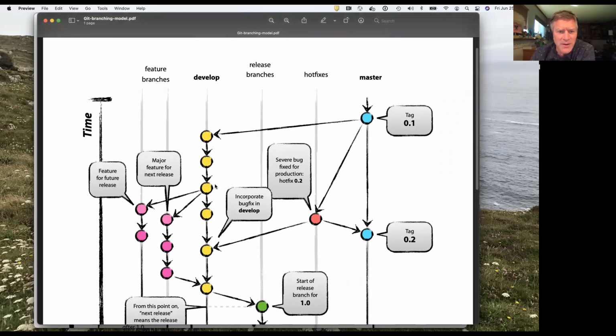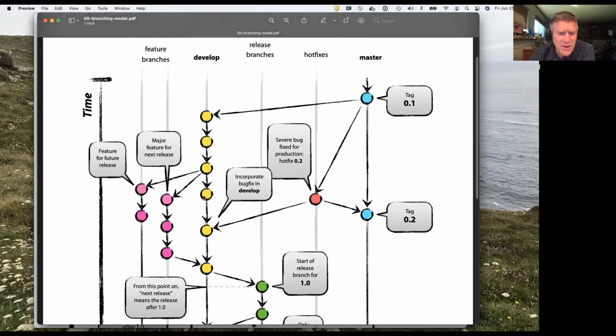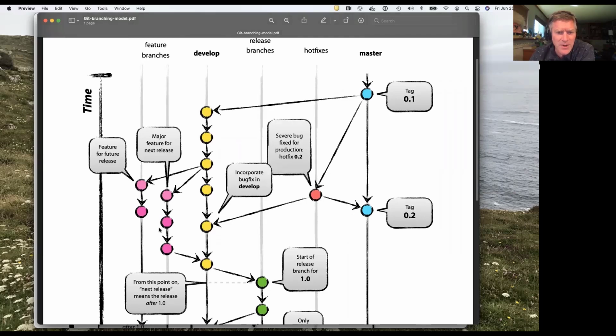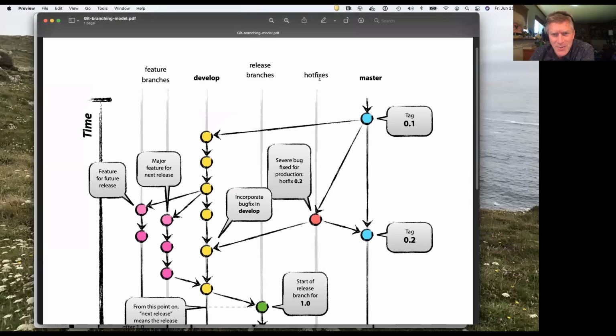Similarly to feature branches, if you see a bug, these are usually quick fixes. A bug fix branch will branch off develop and then merge back into develop, and it also has a pull request. This is distinct from a hotfix branch, which branches off of master.